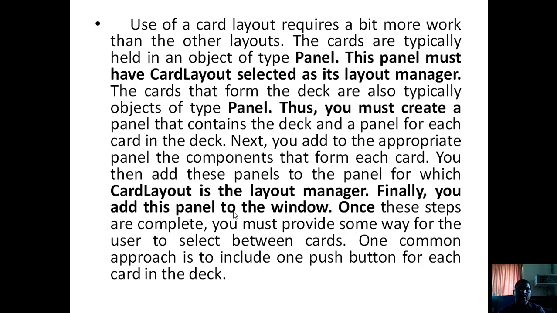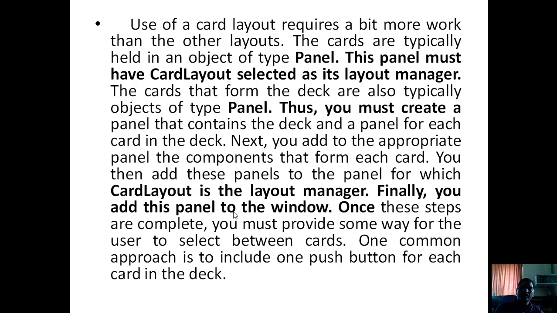The cards that form the deck are also typically objects of type Panel. The cards we are designing are also objects of type Panel. Thus, we must create a panel that contains the deck and a panel for each card in the deck.